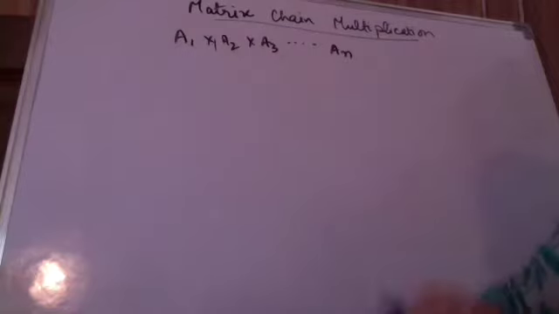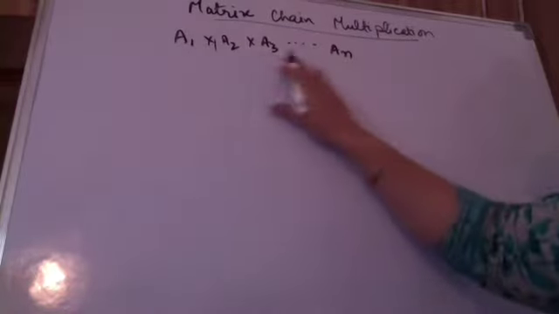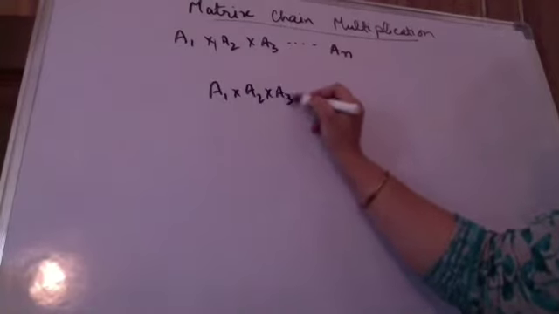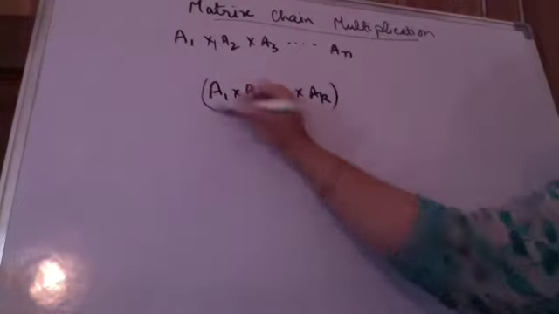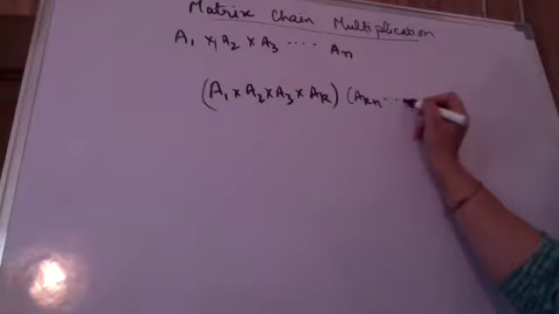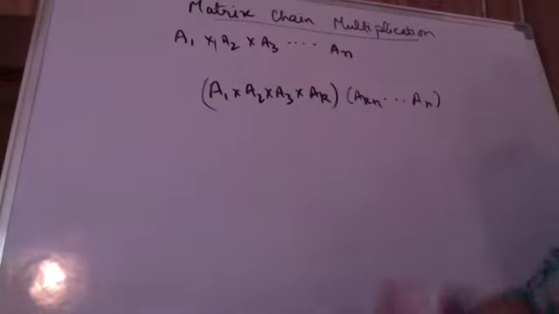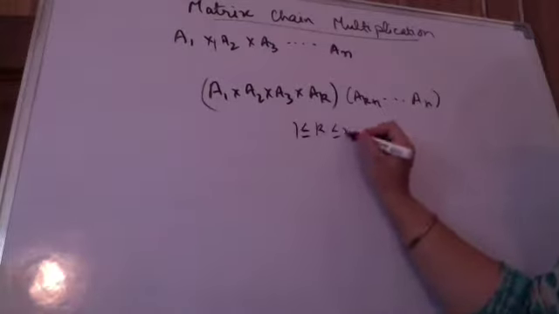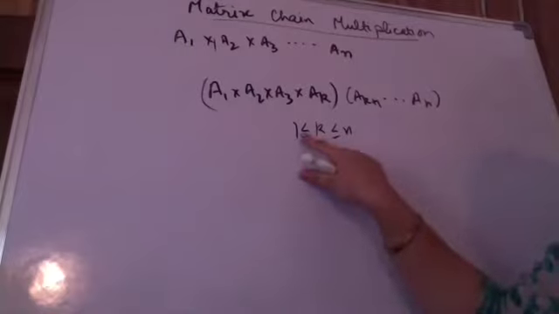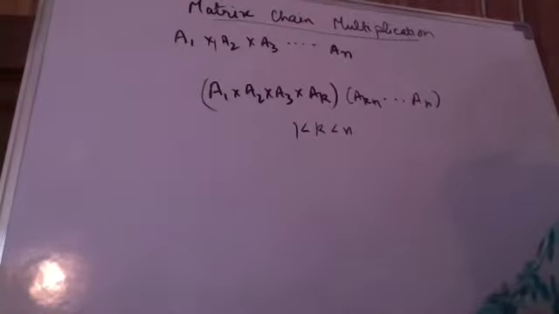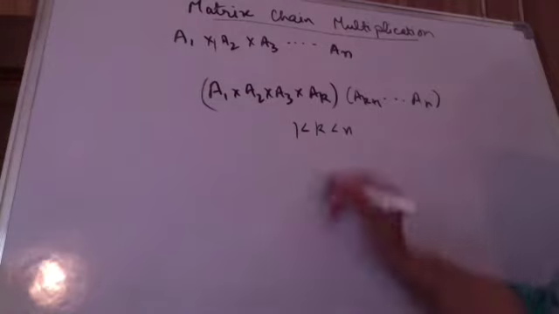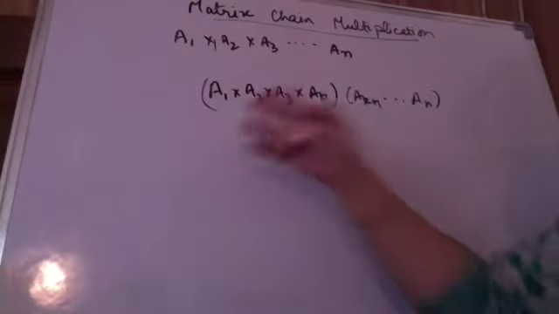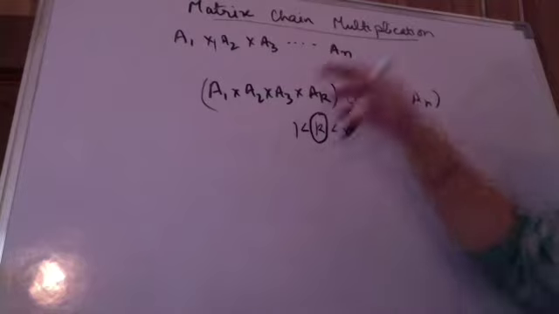So what I do is I assume that there is some optimal parenthesization A1 into A2 into A3, whatever, into AK. And then I am moving from AK plus 1 till AN. Here k can be anything from 1 to n. K can be lying in between 1 to n, right? In between, not equal to. If it is equal to, then we will not be multiplying, right? So we want to find this k, which is an optimal parenthesization for my given problem. So I'm splitting my problem into 2 halves.